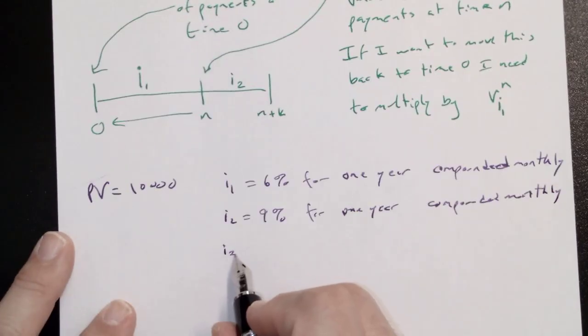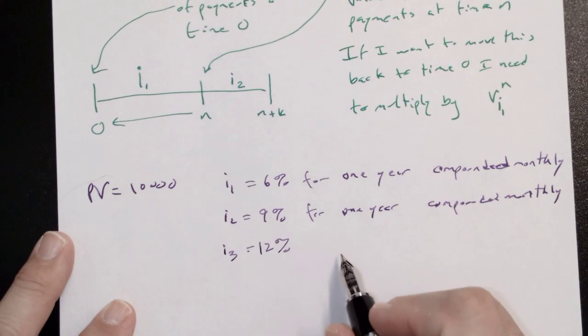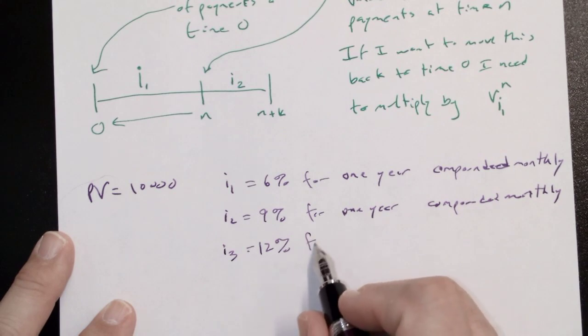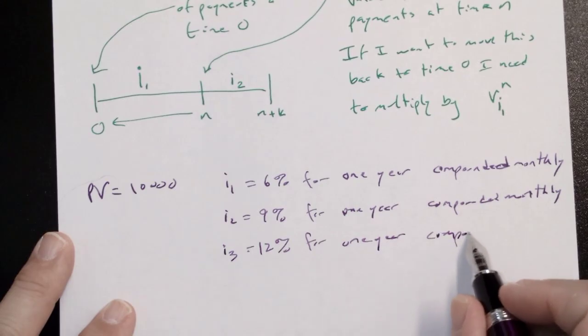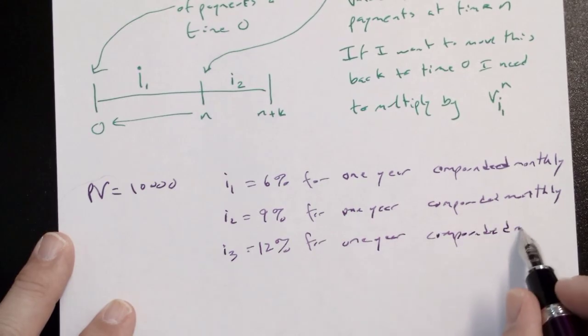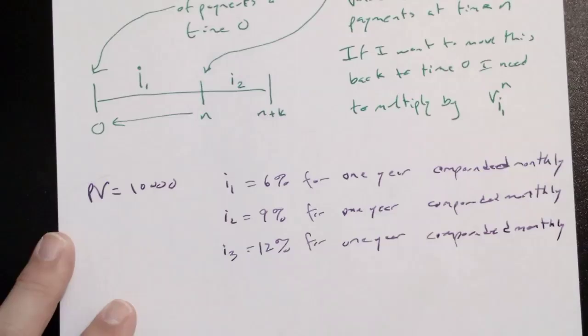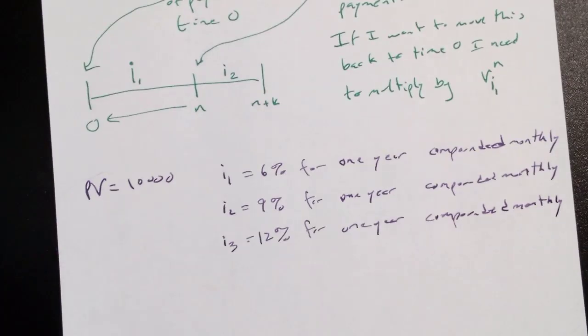And in the third year, it goes up to 12%. Now, since I know what the rate schedule is going to be, I can then say, how much am I